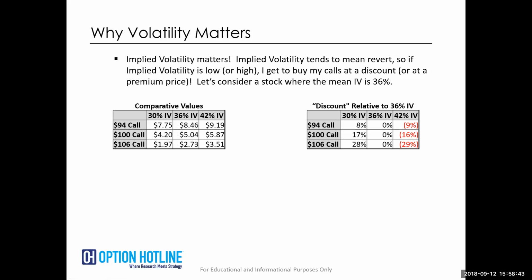So this is where people also make huge mistakes in swing trading with options. So you say, oh my God, I just want that defined risk and I want that leverage and I'm going to hold this for a couple of weeks and it's not that big of a deal. The stock's going to move and I'm not going to look at implied volatility. And guess what? When that happens and implied volatility is here at 42% or even much, much higher, I'm making a huge mistake. I'm paying 29% over fair value because I'm paying $3.50 for something that I think should actually be worth $2.73.